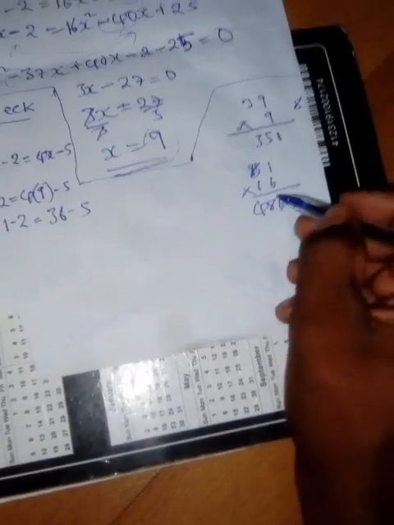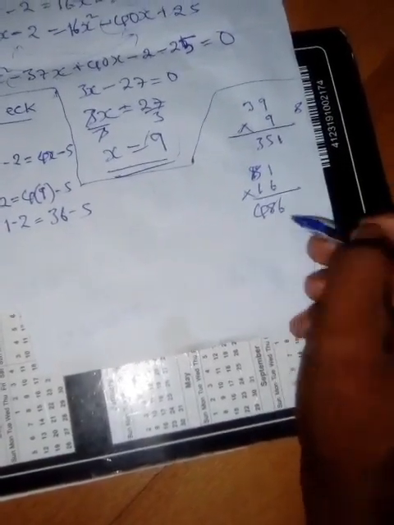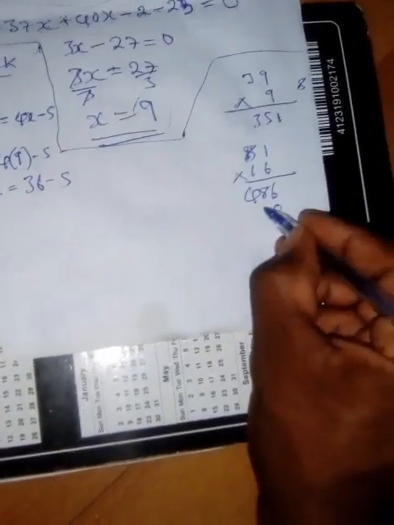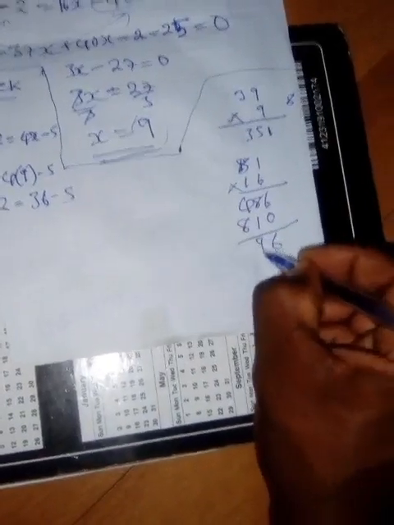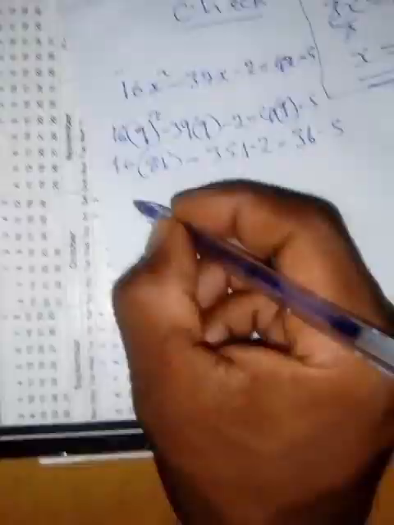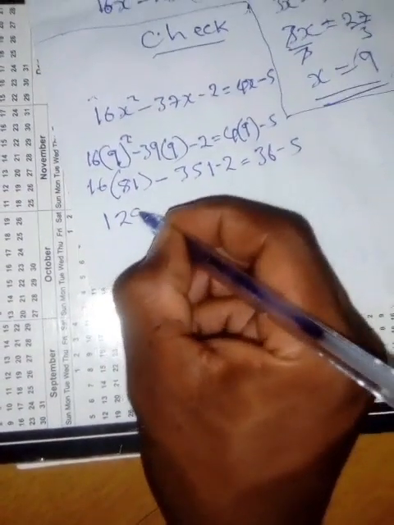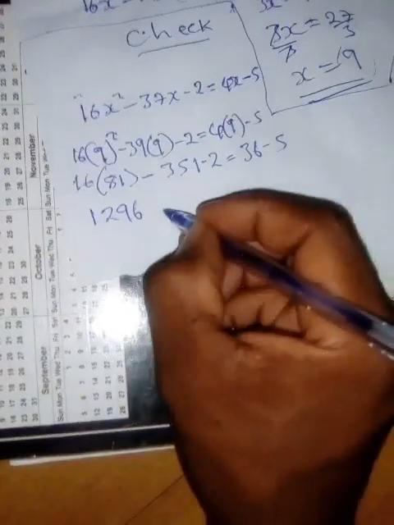Then write 0 there, or you leave it. 1 times 1 is 1. 1 times 8 is 8. We add: here we have 6, here we have 9, here we have 12. So meaning we have got 1296, which is minus